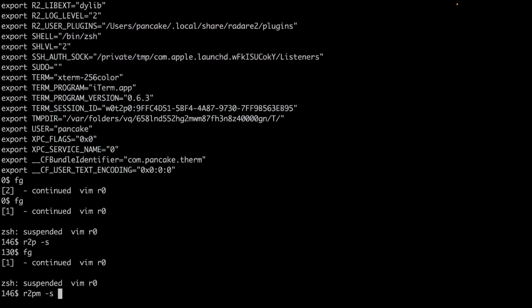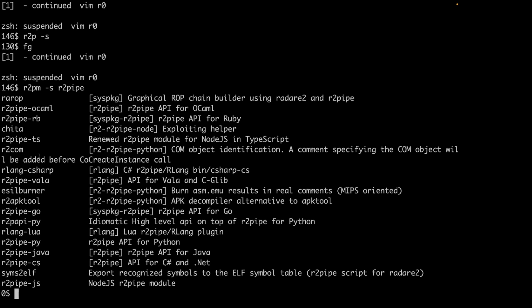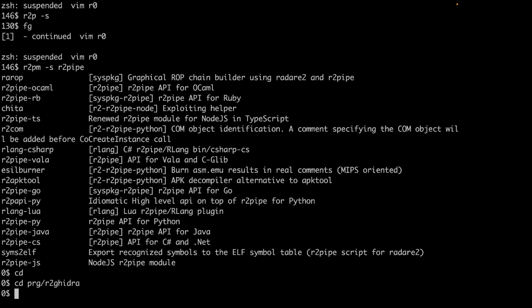So you can basically use r2pm -s to search for the packages, and this will be filtering for the name and description. But we also have another field that can be useful if you create packages for Radare. So if you have a plugin like, for example, r2ghidra, the r2ghidra plugin,